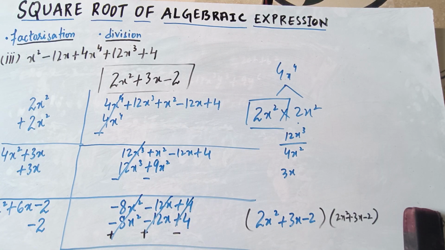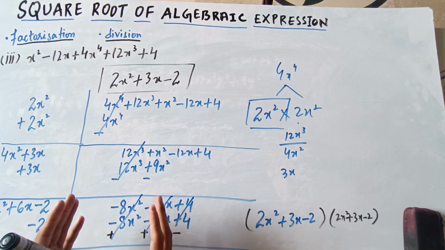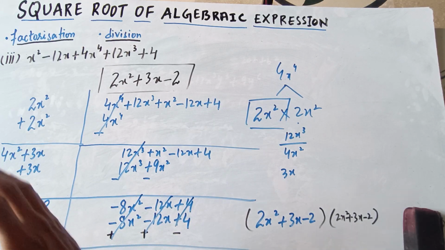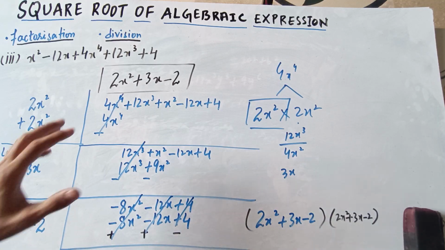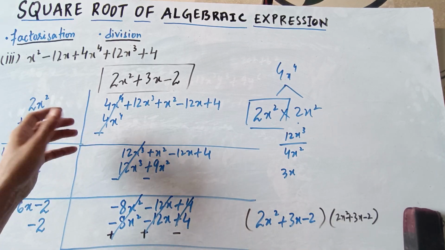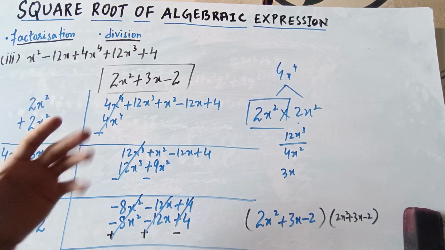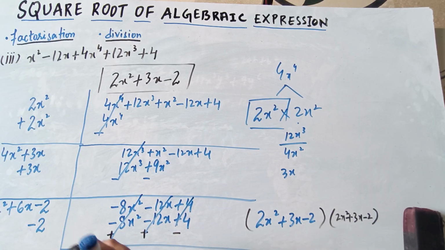So this is how we find the square root of an algebraic expression by the division method, and in the previous question we have seen the factorization method. There are some other types of questions related to the division method as well, in which there will be an unknown, or there will be a question like this, that what should be added or what should be subtracted from the given expression to make it a perfect square. These types of questions